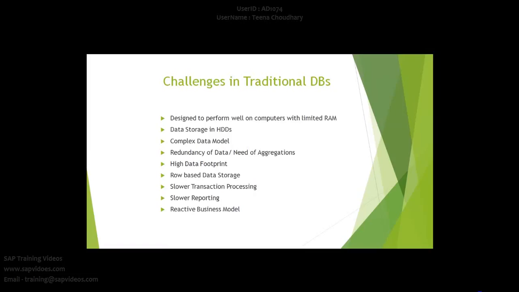And that is the reason why the data storage, whatever data you post into the databases, was stored on hard disk. And because extracting the data from RAM is much faster compared to extraction of data from hard disk, that is the reason why, because of the extraction problem, the data model was very